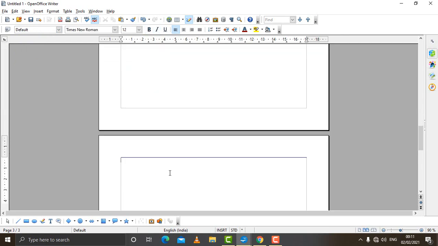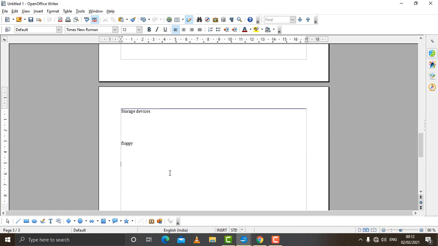Say for example the next heading which I'll be taking is storage devices. Suppose the description will be there. Then the next heading will be suppose floppy, the description, and the next heading will be suppose hard drive or hard disk, and it should go on and on.